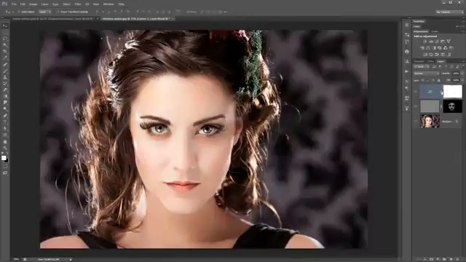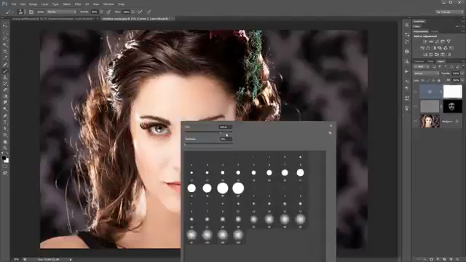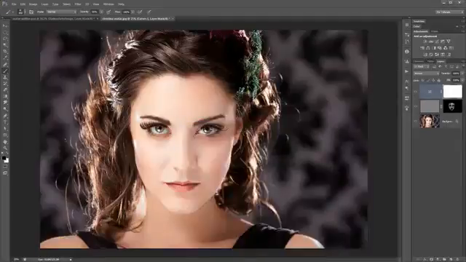So I'm going to just select the layer mask, grab my brush tool, I'm going to boost the opacity to somewhere up around 80%, and I'm going to paint with black. I just hit the letter X to set black as my foreground color. It's just flipping the foreground and background color. I'm going to make my brush a little bit larger, so right click and just increase the size. I'm going to push it up around 400 to 500 pixels, maybe even a little bit larger. I got them up to 700 pixels here, and I'm just going to begin painting here to get rid of some of that